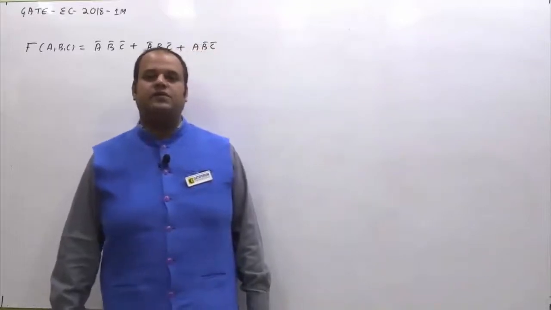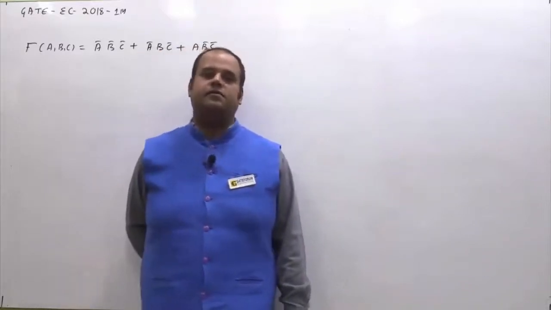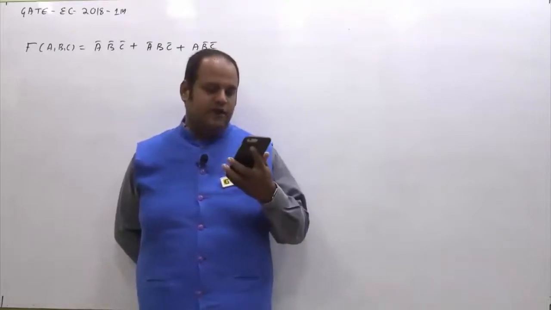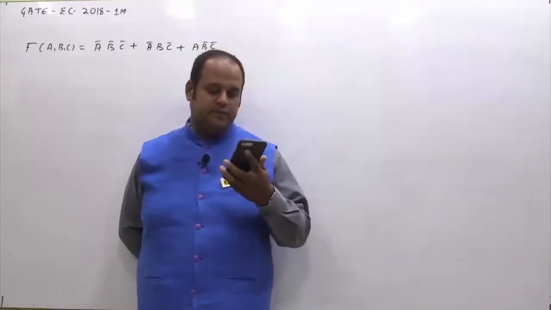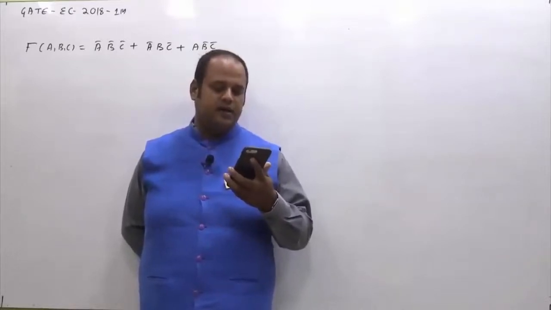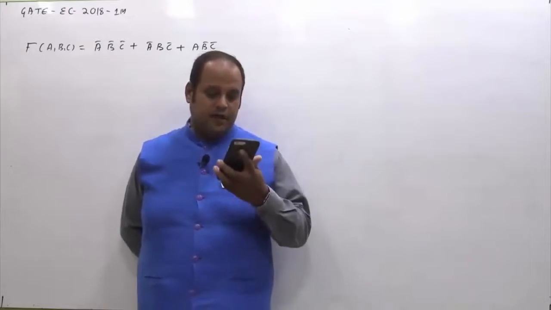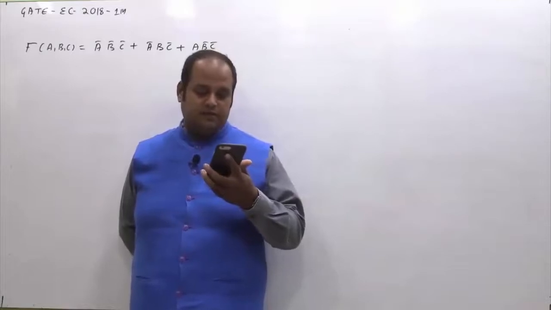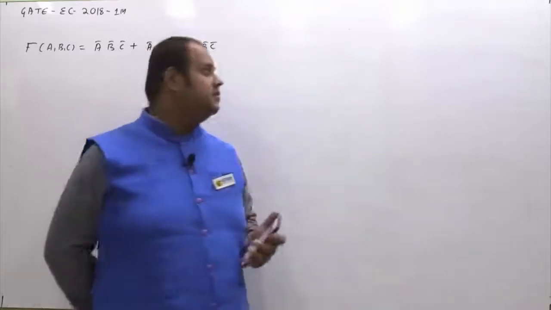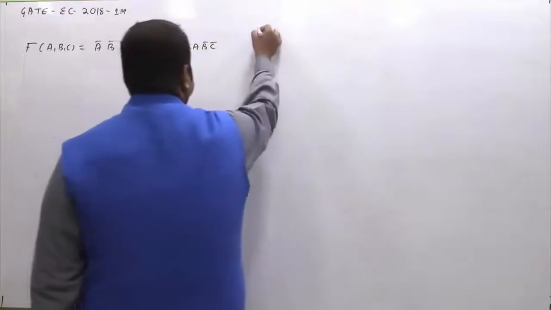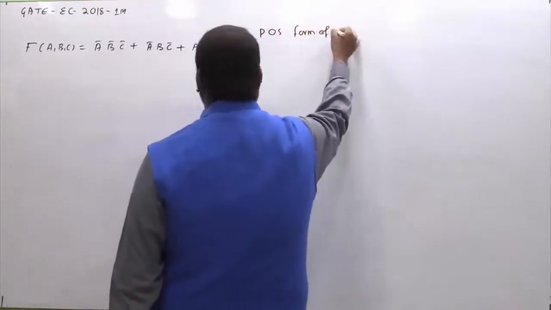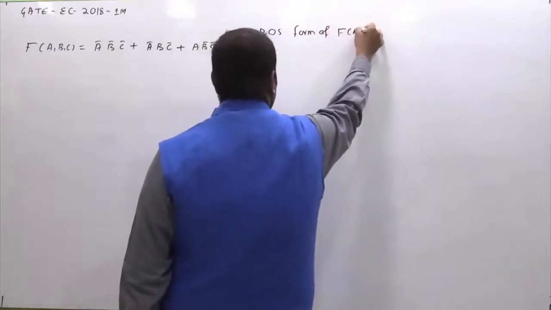This is a one mark question asked in GATE 2018 of electronics. This is from digital subjects and from Boolean algebra topic. The given question is a function f of ABC defined by three Boolean variables a, b and c, expressed as sum of product given by some expression, where a bar, b bar and c bar are complement of respective variables. The product of sum form of the function f is. So basically we are supposed to obtain its equivalent POS form, the equivalent POS form of this function f of ABC.